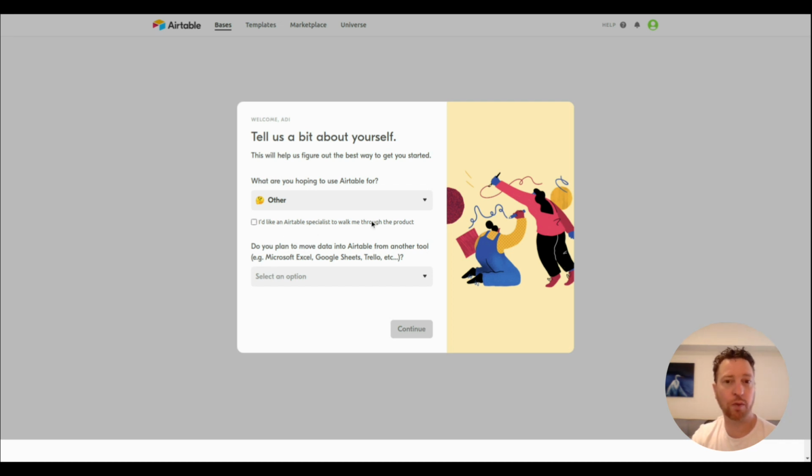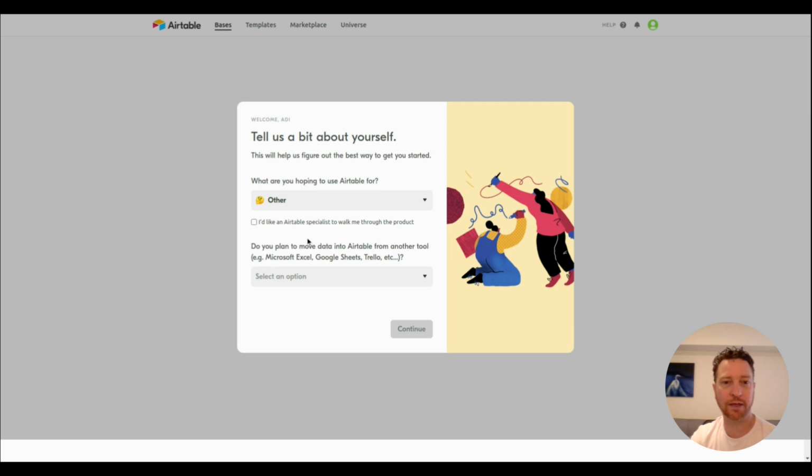And they have a checkbox here, which is a bit subtle for me, that says, I want a specialist to walk me through the product. I think this is a good way. Not sure how they're going to do it, if it's a one-on-one video call, or maybe they send you a recorded webinar. That's an interesting option. I would highly recommend, if you're early stage and you have the capacity to engage in that low scale of customers. But if you have a very high scale and enough assets online to train your customers, then